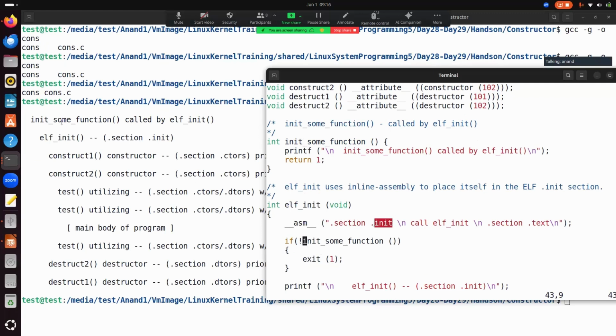Now, if you look at this flow, the first function to be called is your ELF init. That is something you can see here. So the ELF init is called first, and that is the reason this init function got called first, as you can see here. Then after that, the next function got called, which clearly indicates that init has the highest priority, and this will be the first section to be